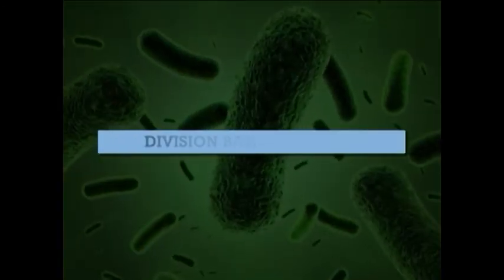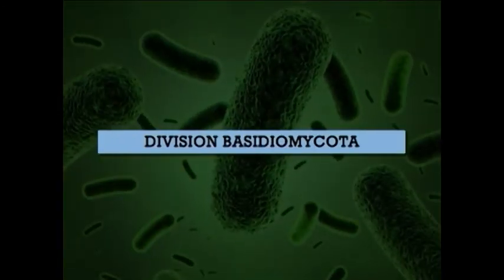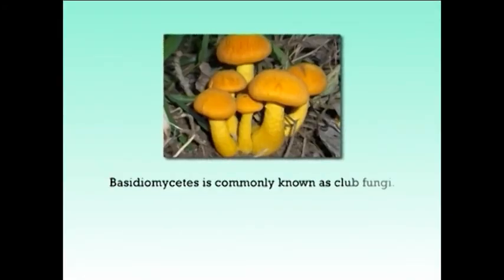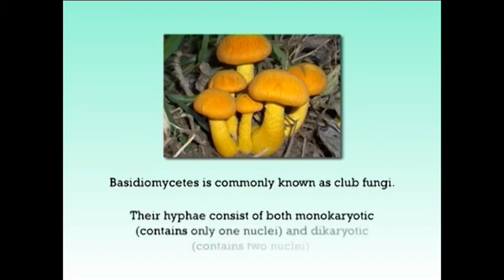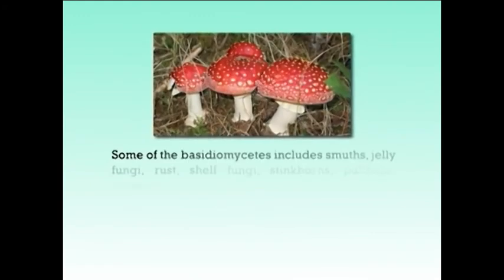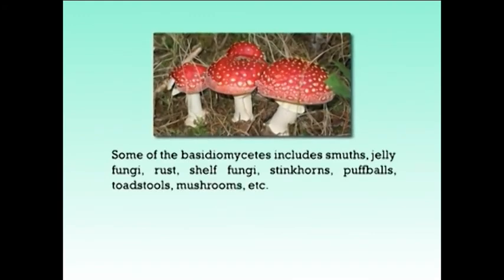Now we'll come to the division Basidiomycota. Basidiomycetes are commonly known as club fungi. Their hyphae consist of both monokaryotic, meaning it contains only one nucleus, and dikaryotic, meaning it contains two nuclei. Some of these Basidiomycetes include smut, jelly fungi, rust, shelf fungi, stinkhorns, puffballs, toadstools, mushrooms, etc. And the majority of the